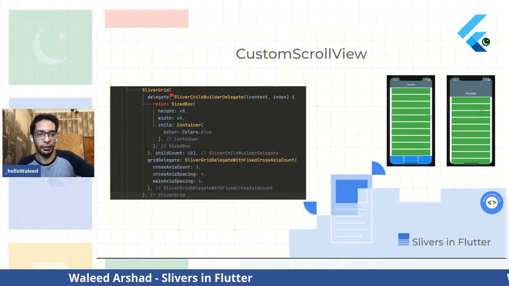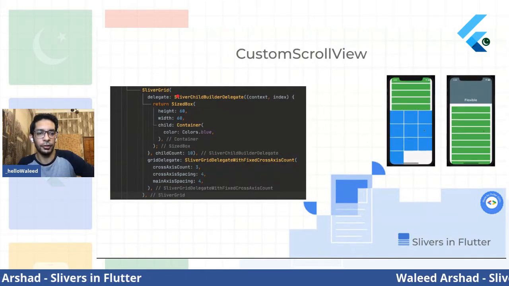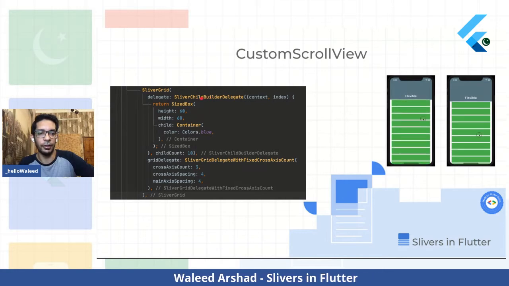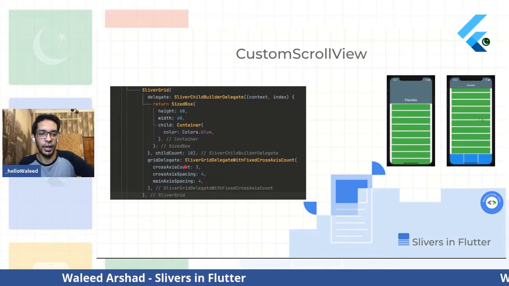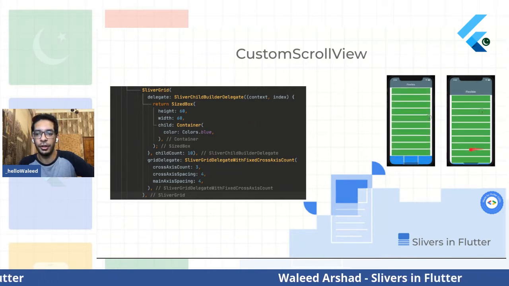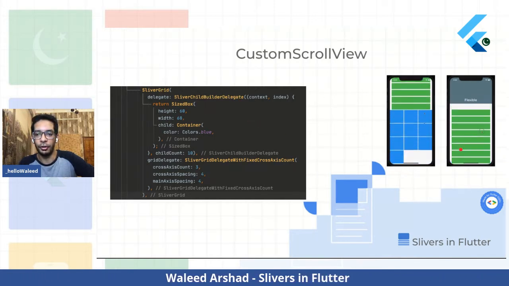This is a Sliver grid. Sliver grid is also the same thing. You have a child builder delegate, same as the Sliver list. So you keep a child count here. The only difference is the grid needs to know how many items I need to place on a cross-axis